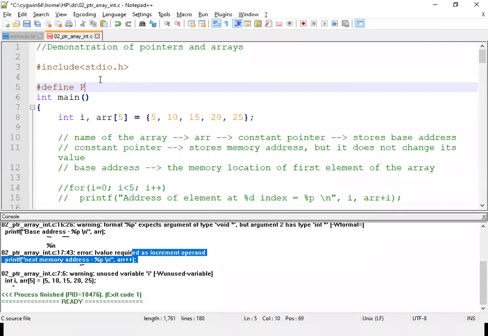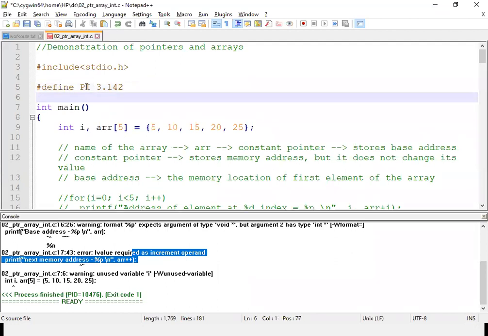Hash define, say pi. Yes, Charan. Yes, sir. How do we define constants? Sir, hash define pi and space and the value of pi, what we want.